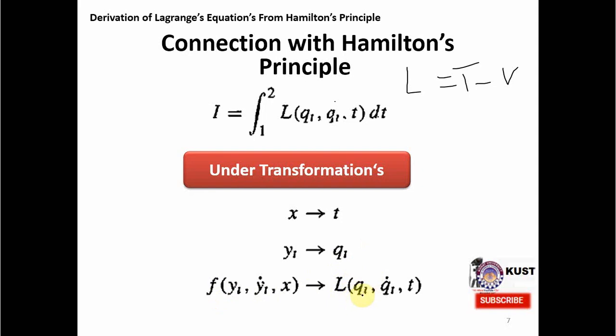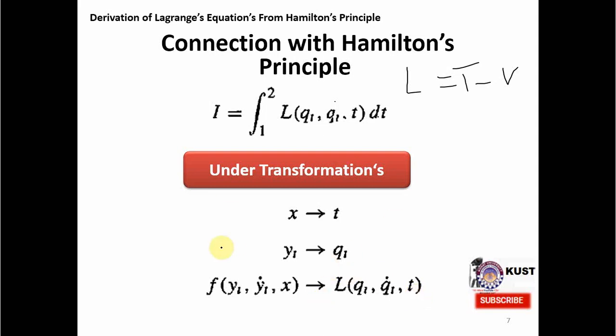Later on in this lecture, I will give you some specific examples of what q's actually mean, or what q's can mean in a particular situation. These can be positions, these can be angles, anything. These are the generalized coordinates. And q dots are the corresponding velocities of these generalized coordinates, and t, as you know, is the parameter which parameterizes our whole Lagrangian.